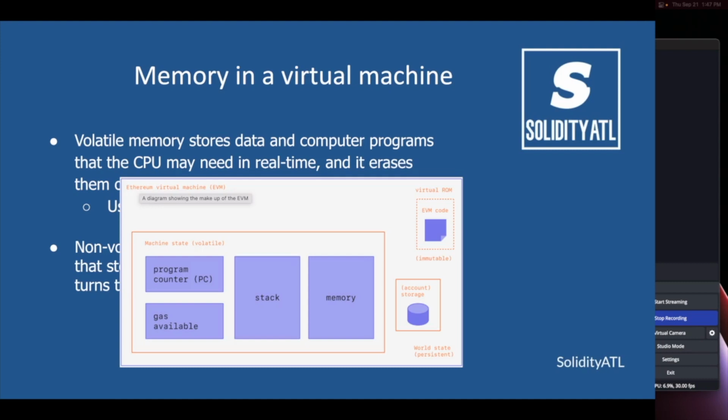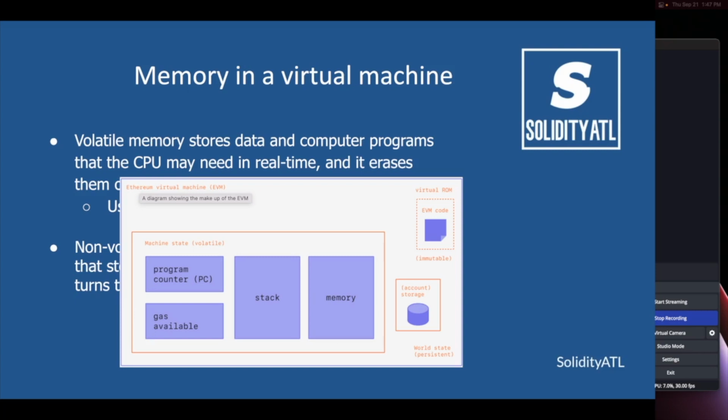So what it is showing now is a simplified view of the Ethereum virtual machine. Notice here that it's mentioning the word volatile, so that is in the context of volatile memory. And non-volatile memory in this case is persistent, meaning long-term storage. So in this case, the volatile things in the EVM are the call stack. So this is when the code is actually executing, the call stack is volatile.